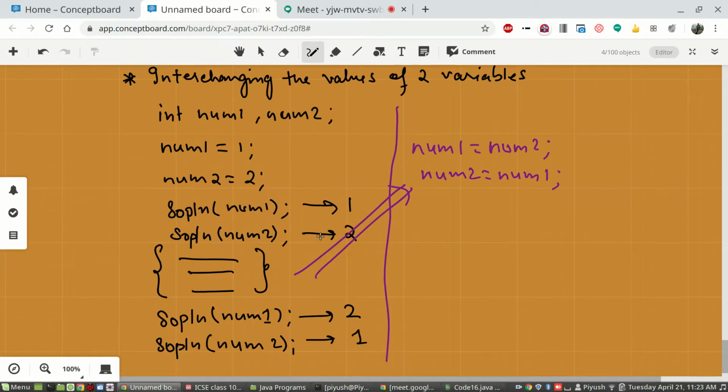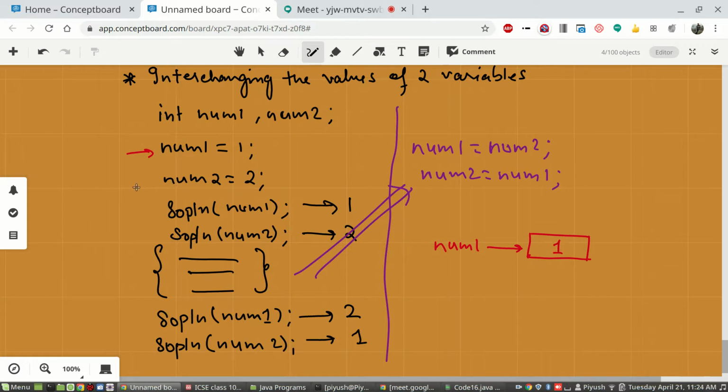Here I wrote num1 = 1. So as per this line, when you write int num1, a variable location labeled as num1 will be provided with the value 1 after the first two lines.